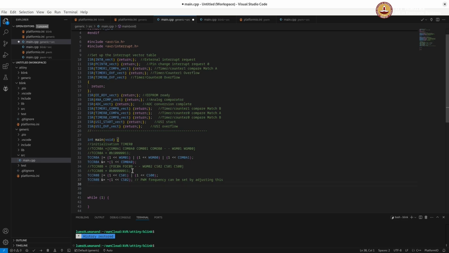So you can set the top value for there is OCR0A. This is the output compare register. You can get the value of this by looking at the data sheet. So if you look at the data sheet,